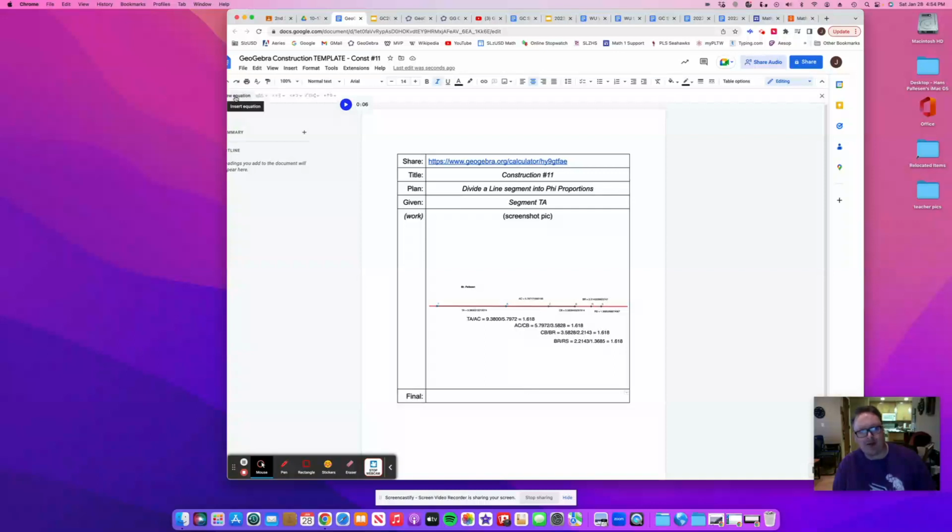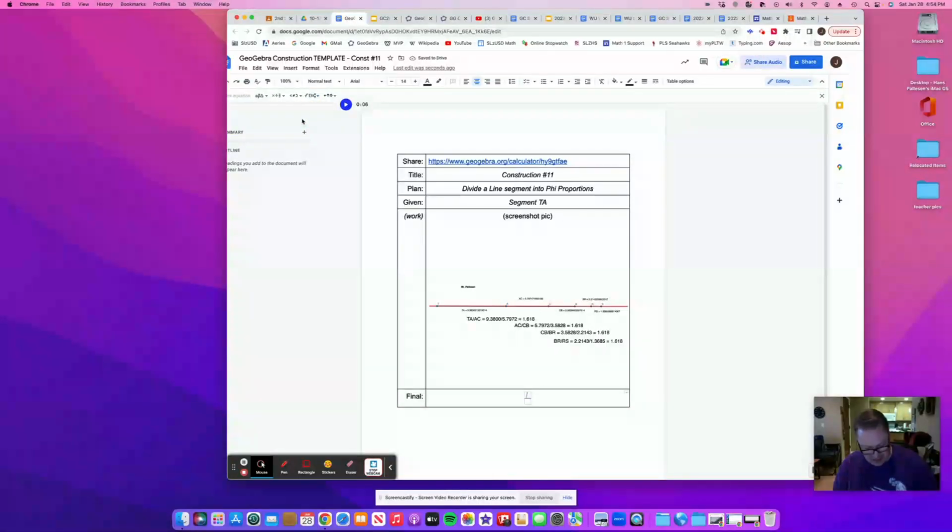Once I have my equation toolbar, then I can add new equations. And right here, the fourth one here will do math operations. Oh, new equation. Hit new equation, then hit math operations. So I can do a ratio from TA